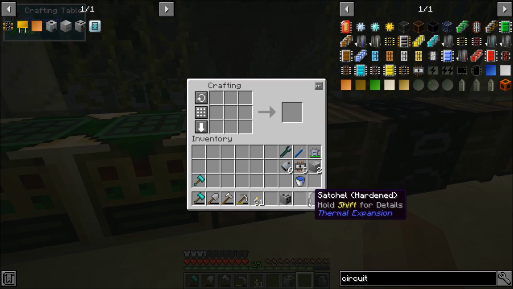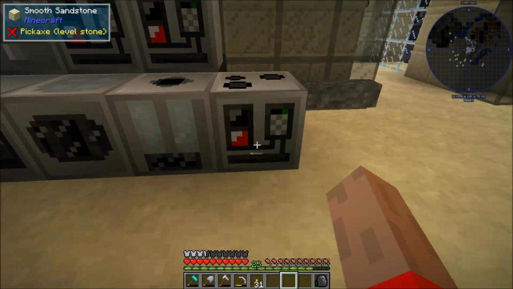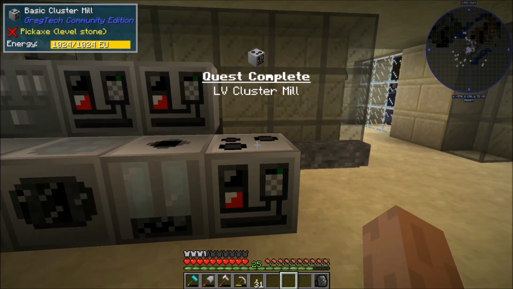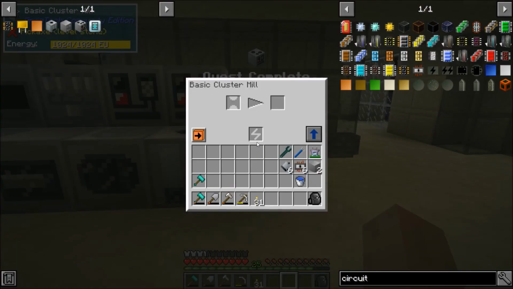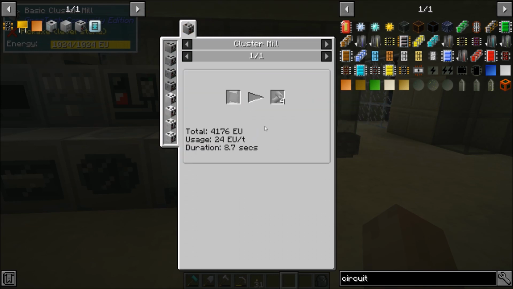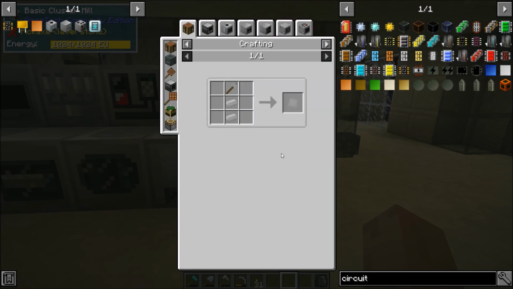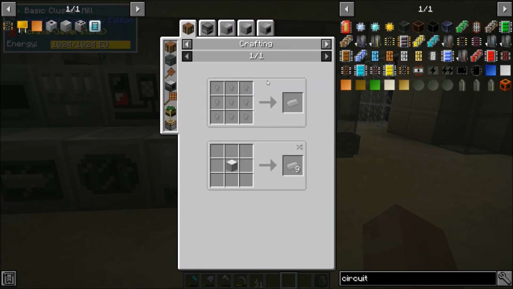So can snag one of those and put it down here. So I got a quest for it. The cluster mill is pretty straightforward. I'm pretty sure it takes plates. Yeah, it takes plates and then it turns them into some foil. Yeah, that's pretty much all it does. It's very straightforward. So for what we're using this for, we need tin alloy plates, and tin alloy ingots are